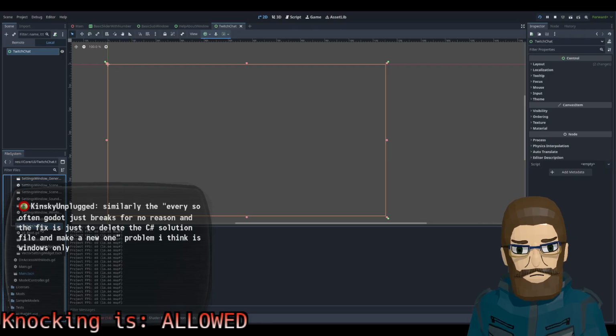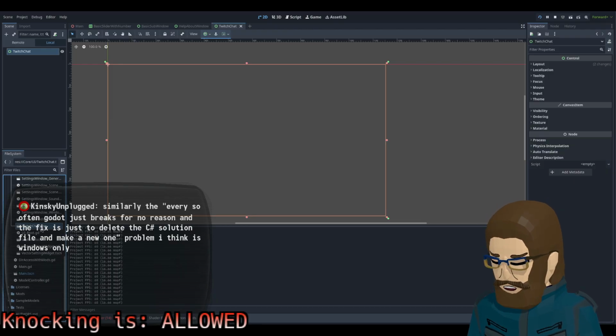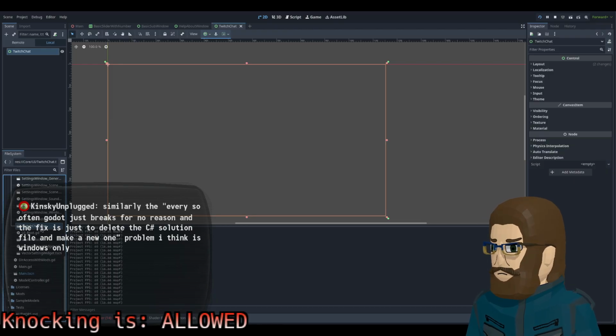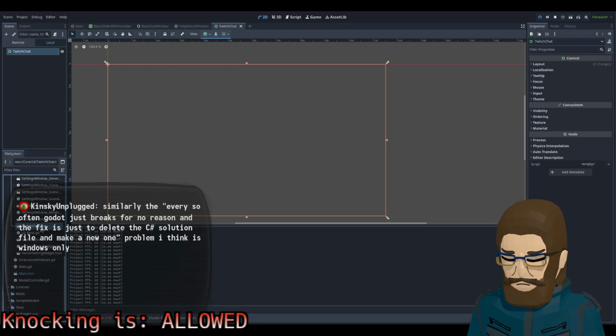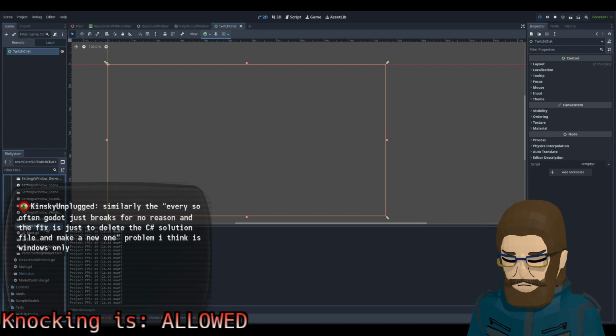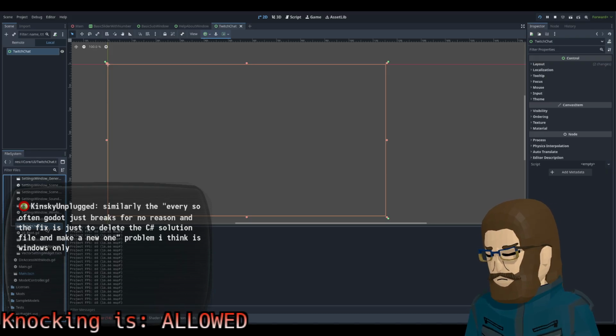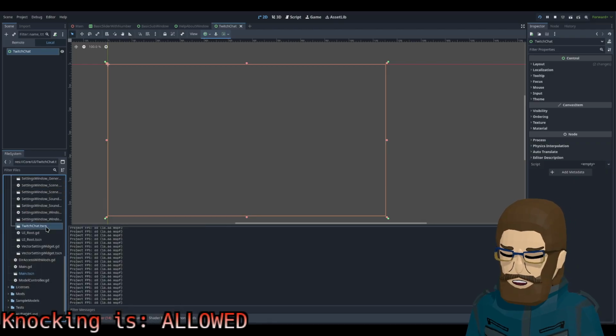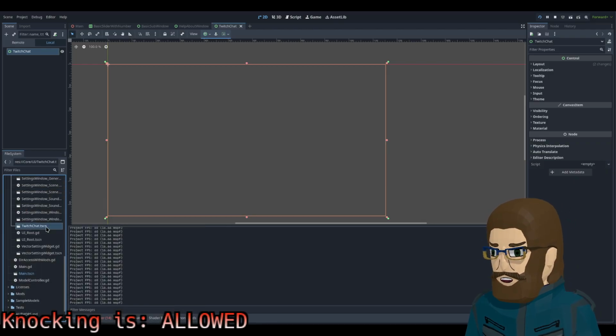Similarly, every so often Godot just breaks for no reason, and the fix is to delete the C# solution and make a new one. I think the problem is Windows only. That's awful. Today my issue was, I updated Godot to 4.4 because Snek Studio moved to 4.4 on like the 13th, I think. Then I tried to load my settings and a bunch of stuff wasn't working.